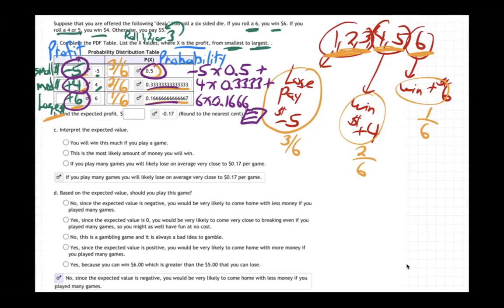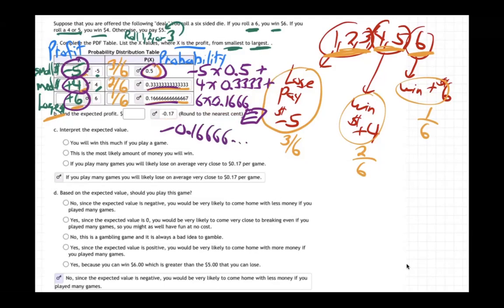See, I'm following the instructions. I'm multiplying, as it said in the notes, each dollar amount times the probability. You can do the fractions if you prefer. Dollar amount times probability, dollar amount times probability, dollar amount times probability, and then adding them up. So minus 5 times 0.5 plus this times this plus this times this equals. And when you do, you'll get this answer. It'll actually come out negative